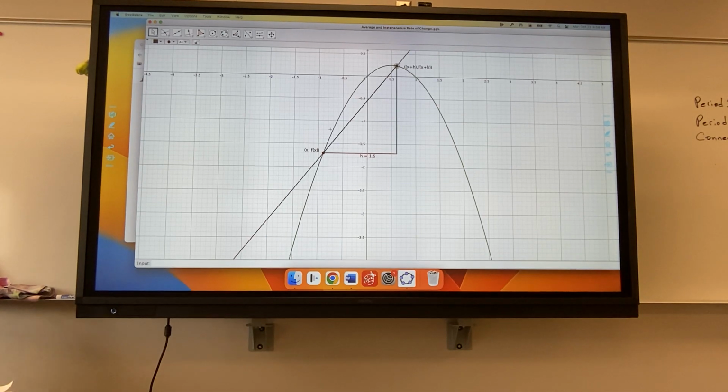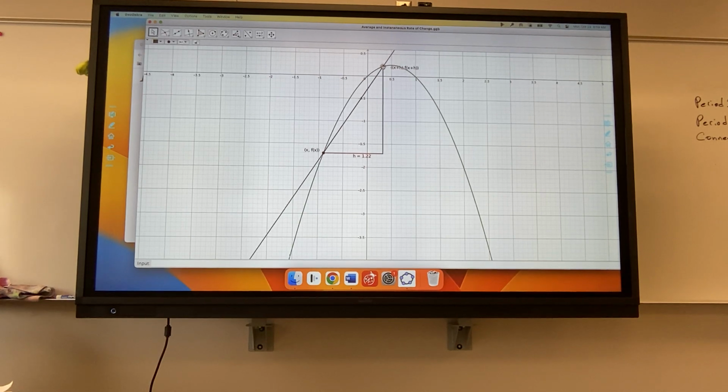Here you have a point, x comma f of x, correct? Here you move a distance of 1.5 to the right. That's what I mean by the horizontal distance between 2 points. If I go 1.5 more, I have a new x value, this x plus h. When I plug that into f, it gives me a different y value, correct? And when I move this point,